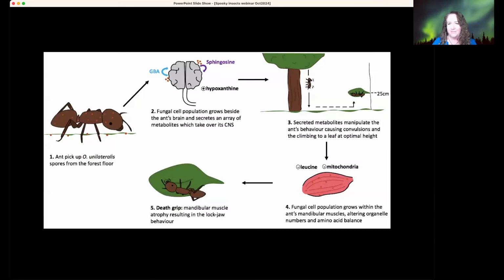And I've got a little schematic that I borrowed from Wikipedia that explains that the ant picks up the fungus in the forest floor, on leaves and things. The fungus starts to grow inside the ant and eventually gets to its brain, where it takes over the central nervous system. And then it creates these metabolites that cause the ant behavior to be really weird, that wandering around and causing convulsions. And it causes the ant to climb back up to a tree and find a leaf